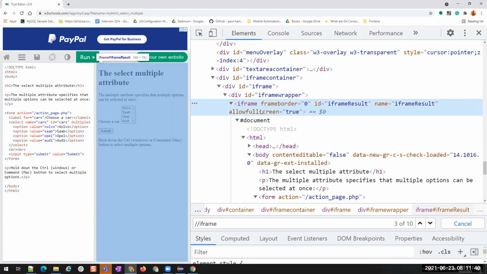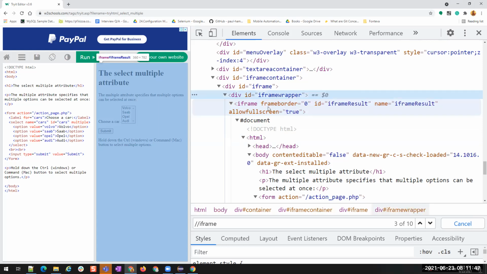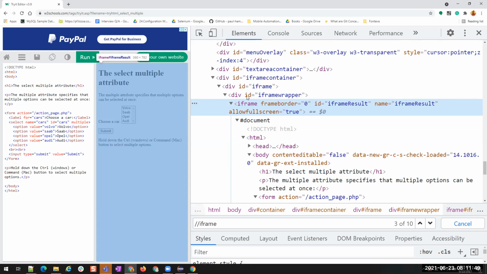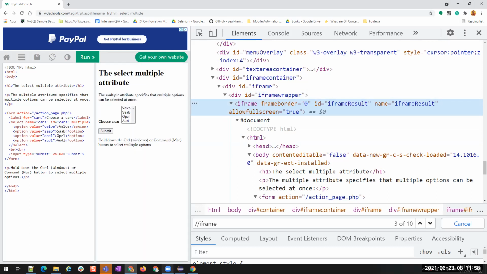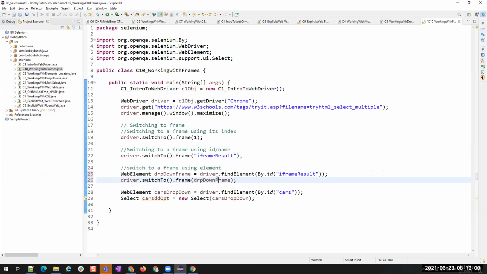So I found this iframe using my technique, that is either ID or name or XPath, or using its parent to child relation XPath. You can find it any way. Somehow you have to find this iframe tag. Once you find it, pass this iframe tag to the switch to frame method like this. I wrote it in 2 lines, but if you want to write it in a single line, you can just copy this, and instead of storing it in a variable and passing it, you can directly pass it like this.